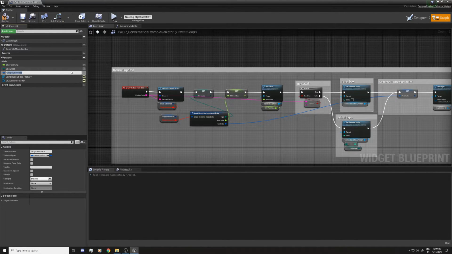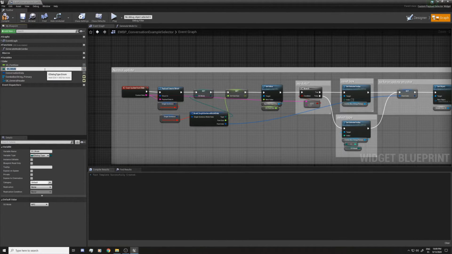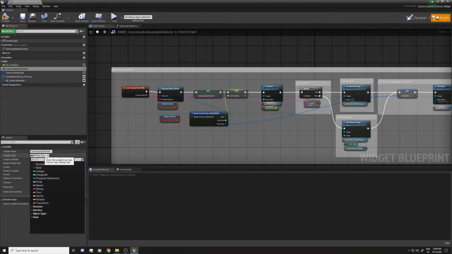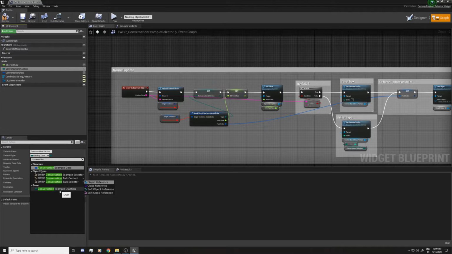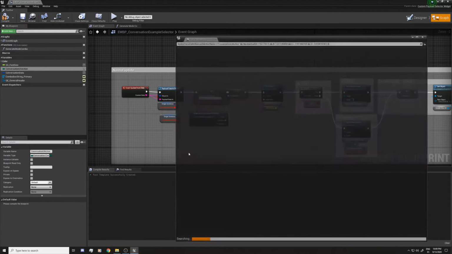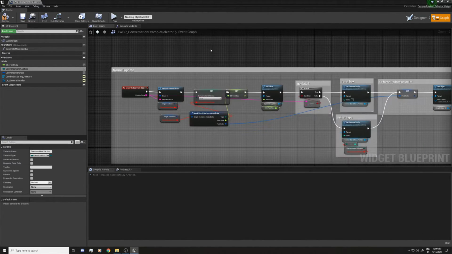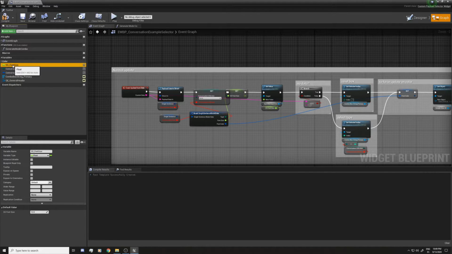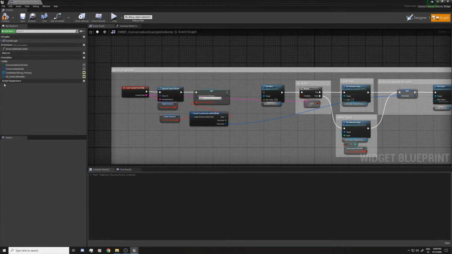I'm gonna change the name, conversation data. I'm gonna change the numerator name, conversation UI action, and I'm gonna change the type to conversation example UI action. Let's close this, and I'm not gonna need the float, so I'm gonna delete it.